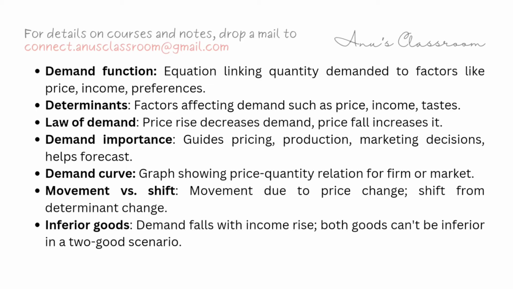A quick note on inferior goods I want to share with you: in a world where all income is spent on just two goods, both cannot be inferior, correct? Why? Because an inferior good will see demand decrease as income rises. So if one good is inferior, then the other must be normal, where demand rises with income. Like for example,